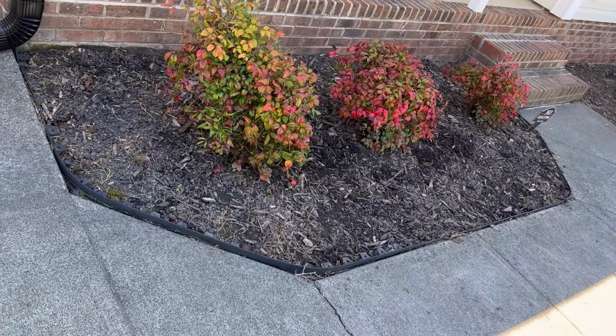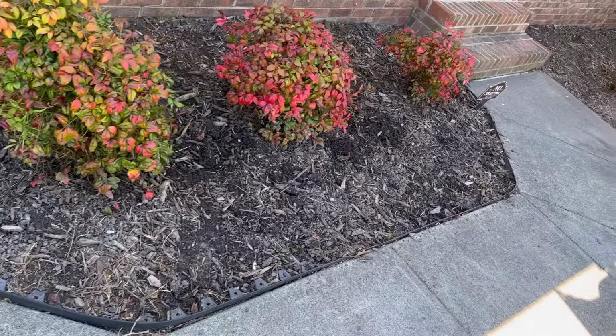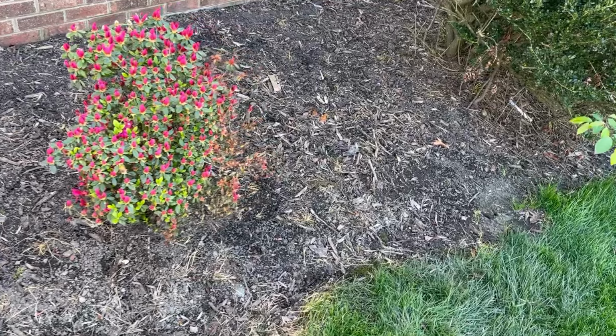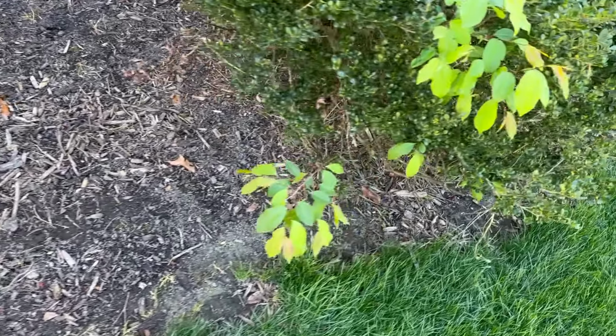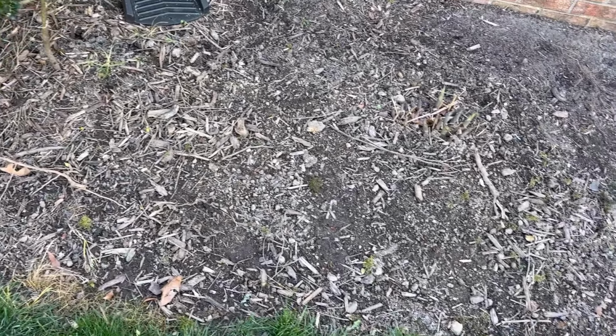Guys, so where we last left off at Mr. Kevin's, we had some weeds to pull. Didn't totally get them all, but got a lot of them. Same thing for over here by the azalea, got most of those as well. Now I was actually able to get out one of those boxwoods and the other two that were dead, but